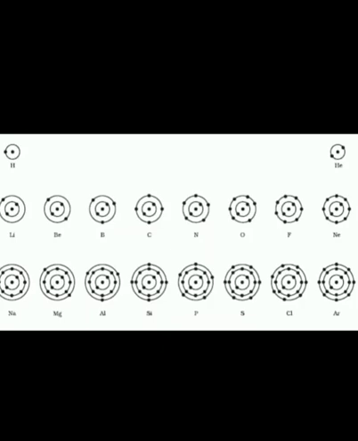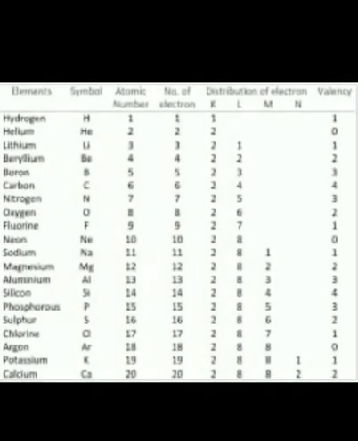After that, we have to discuss now the arrangement of electrons in atoms. That means in the figure you can find the name of the element and the symbol. Then the number of electrons, the atomic number, and then the distribution of electrons in the different cells. So see here, first hydrogen, helium, lithium, beryllium, boron, carbon, up to how much? Calcium. That means atomic number 1 to 20 is there.